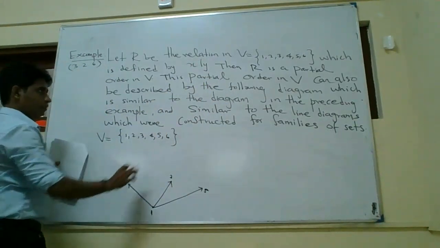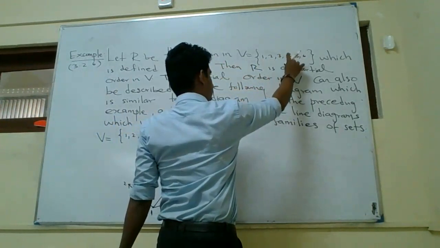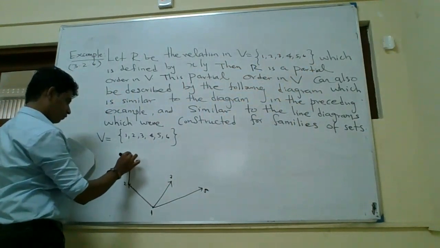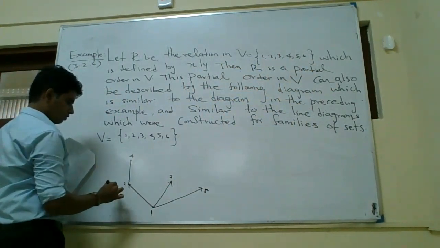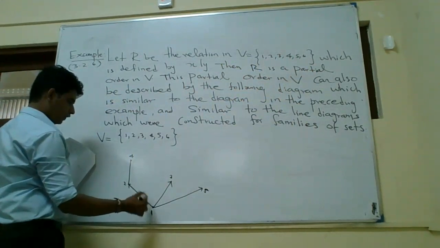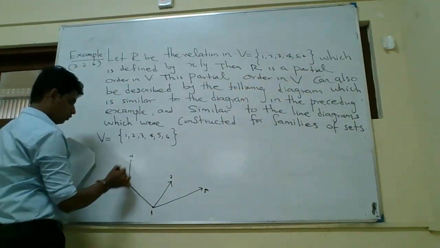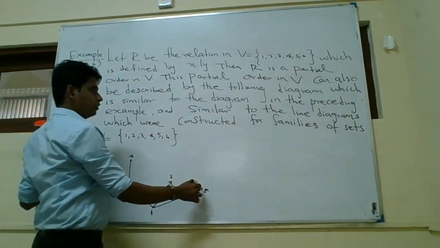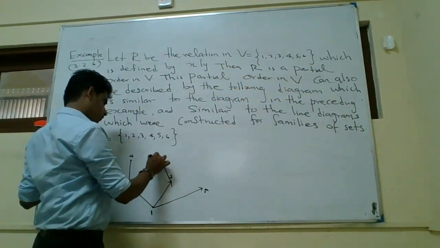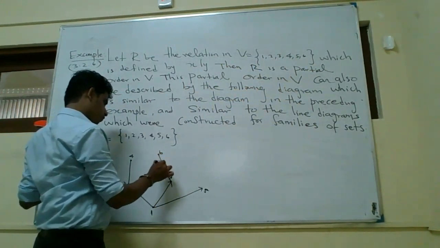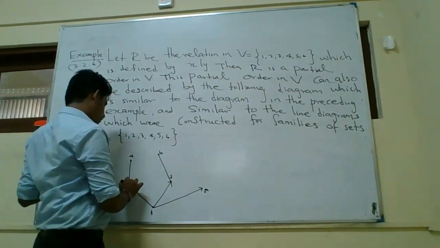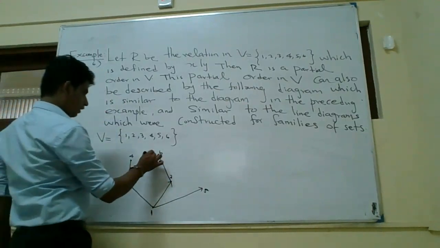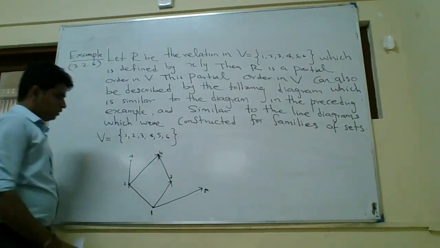Now 1, 2, 3 okay, you want the remaining 4, 5, 6. Here 2 divides 4 there, no? Therefore 2 divides 4. After that you can write 1 divides 2 and 2 divides 4. Therefore 1 divides 4. So okay. Now for 5, okay, 6. 3 divides 6, no? 3 divides 6 because 6 equals 3 into 2, like that, 6 equals 2 into 3. Okay. This is the diagram. Right.